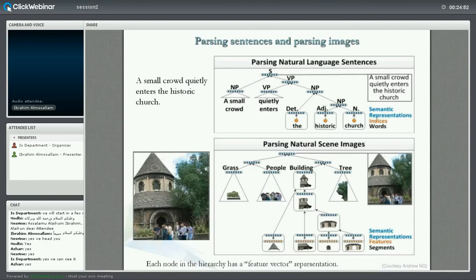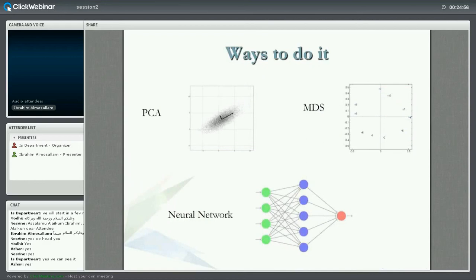What is feature extraction? And on how to do it, there are multiple ways. I've previously given a tutorial on PCA, I think, in KSU and MDS. You can also use neural networks to do that. There are multiple techniques to achieve the same thing, basically. I don't think I have time in this session to go through the mathematics and the algorithms, but allow me